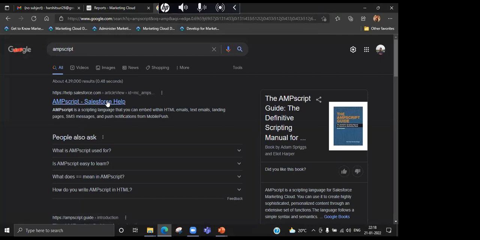I will let you know everything about AMPscript. No worries. I will teach you the basic syntax. And then if you know the basics, you can build your approach by Googling the query. That is how I also work. I cannot say that I know everything about AMPscript. Many times I also get stuck, then I go and Google, but at least I know the basics, what AMPscript is, how to write the syntax and everything, that I will be teaching you. If you get any problem, you have Google and everything, you will be able to carry forward.